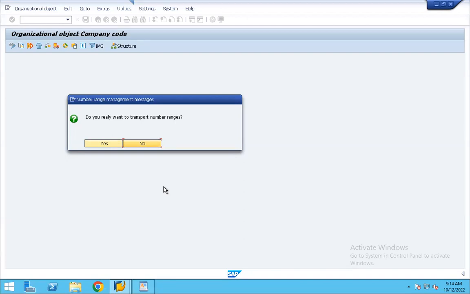But on the precaution side, I would suggest always clicking no when you are working on a development in a system. Whenever you are working on a new implementation, there is no harm in hitting yes. So in this scenario, as this is a training system, we can click yes. There is no harm in it. Just watch the taskbar: here you can see the tables are getting copied from 0001 to R001.